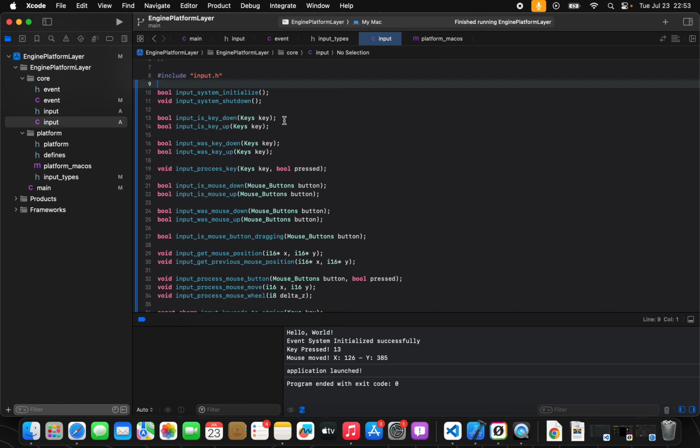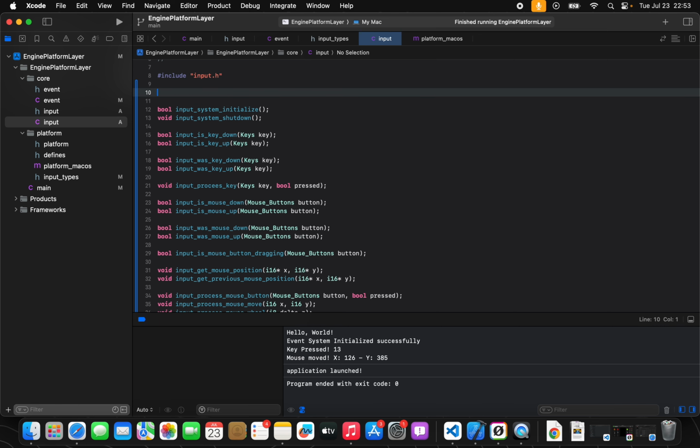Right, so now we want to essentially set up our mouse state and our keyboard state, and our input system state. So